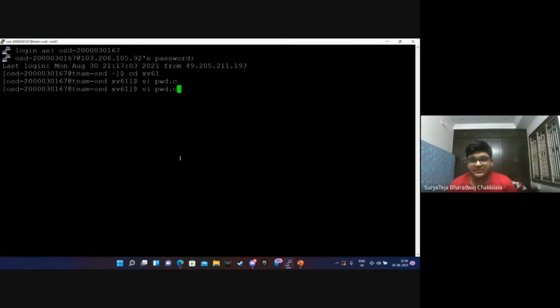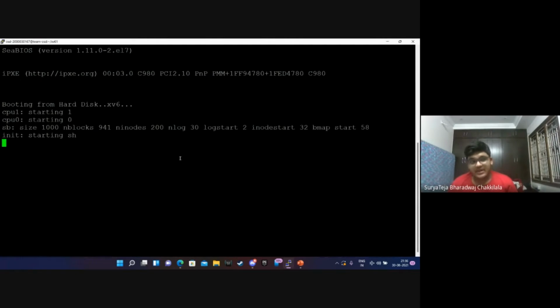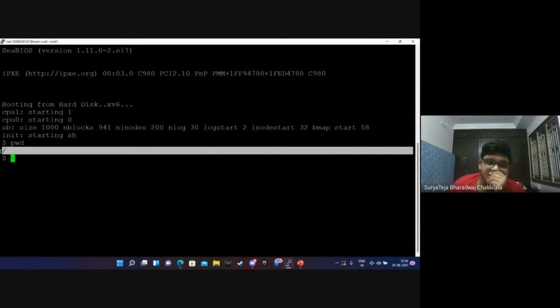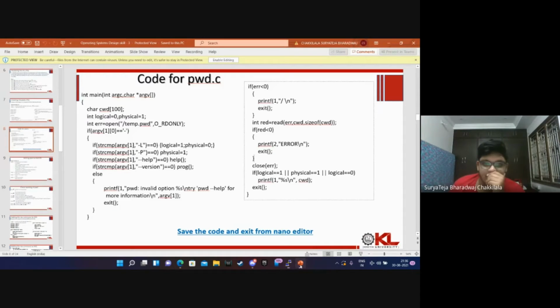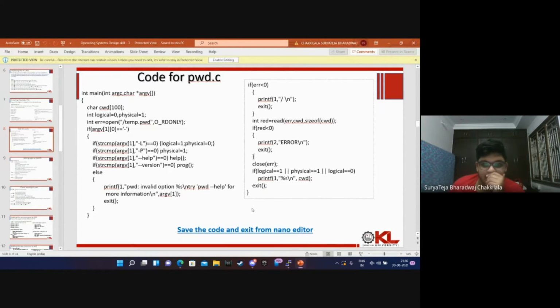So we'll be running make qemu and pwd will be getting a slash because this is not a well-defined method and can get a directory like this. We'll obviously be getting an error. So slash indicates the root directory which we are presently in. Okay.